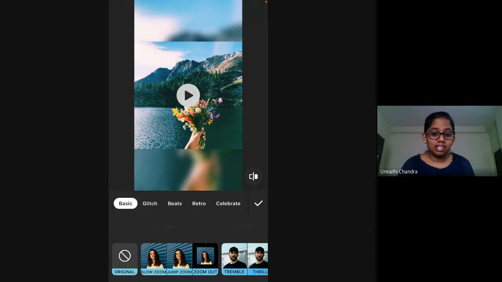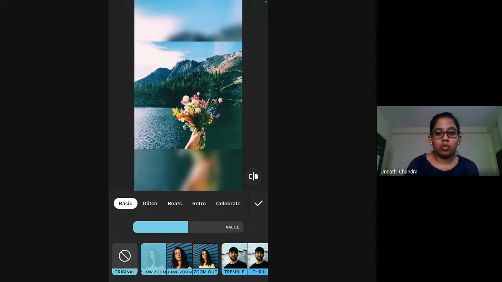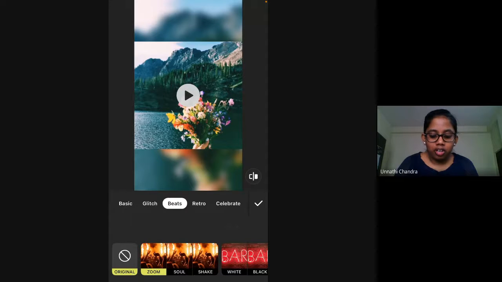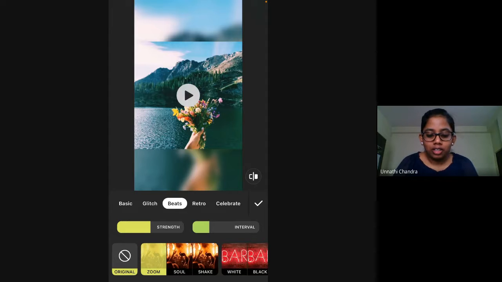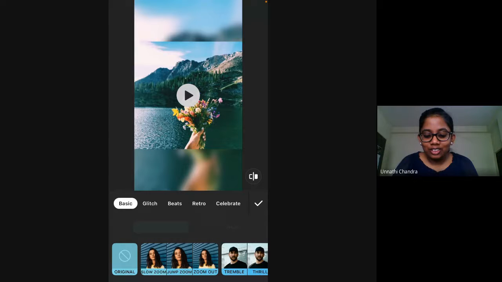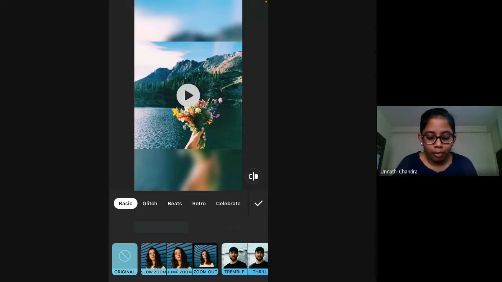It will make it really interesting if you're making, especially, maybe a video for, let's just say, reels or something. You can use these effects. These work on videos as well as photos. Here we are using photos, but if you have a video clipping, maybe of your dance or anything, you can click on this slow zoom option for your video to zoom in slowly, or you can use the beats option for a nice poppy look. Or you can leave it as it is, boring. So these are the different options for the effect that you can add to your photo.